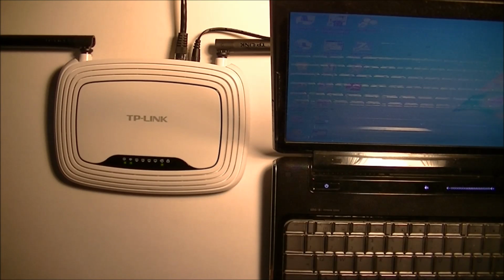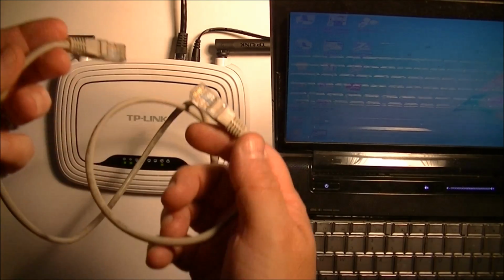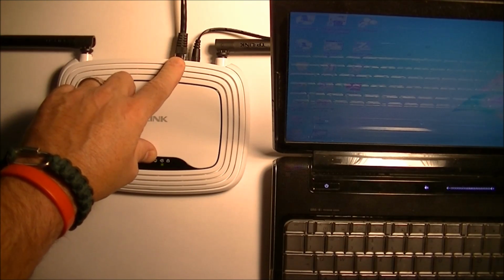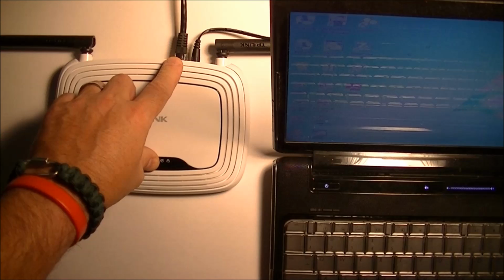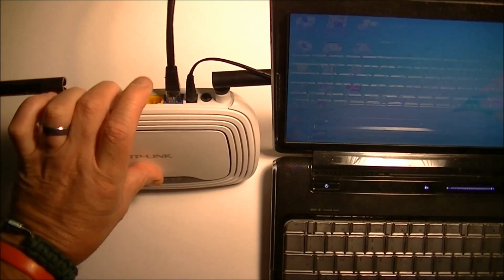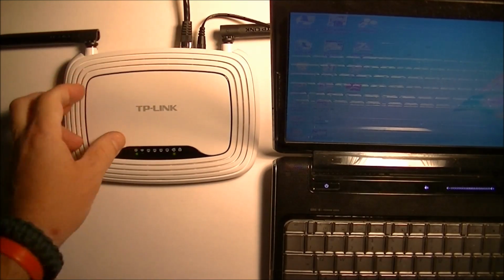Alright, here's the basic configuration that TP-Link would like you to set up to configure this router for the first time. So basically take their little patch cable. Once you've connected the power and of course your modem or cable modem or DSL modem to the WAN port on the back, like I have right there. Okay. Then just put